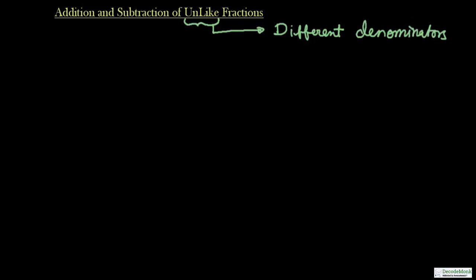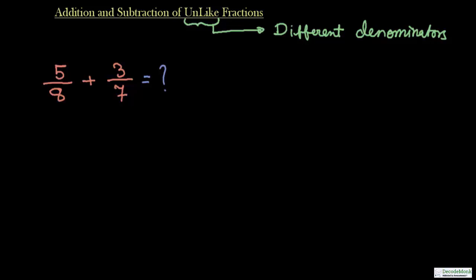For example, if we are given to add two numbers like 5 upon 8 plus 3 upon 7. So these two fractions have got different bottom numbers or different denominators. So now how are we going to add? We know that in case of like fractions we have got same denominators, and we added the numerators keeping the